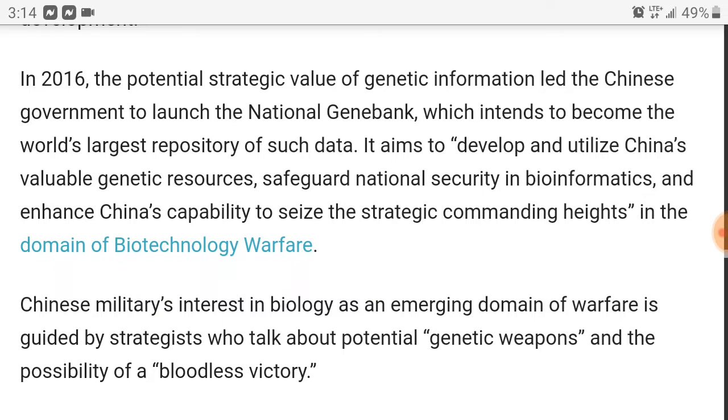In 2016, the potential strategic value of the genetic information led the Chinese government to launch the National Gene Bank, which intends to become the world's largest repository of such data. It aims to develop and utilize China's valuable genetic resources to safeguard national security and bioinformatics and enhance China's capability to seize the